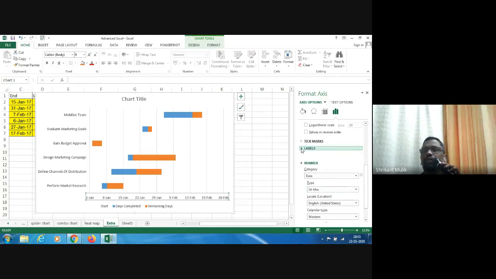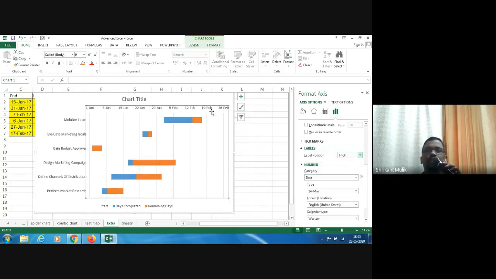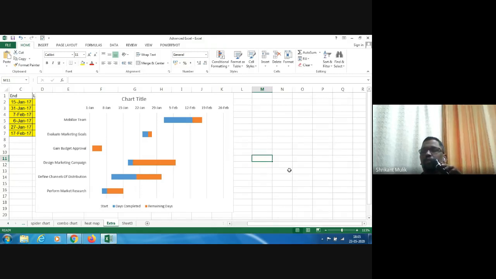Right? If you want, I can take it here because that is the general convention. You get it here or I can make it low. Either way it should work. But for the time being, let me do it here. Okay. So it's almost there. Two more things I will do before I close. I don't need to show you the chart because there's only days completed and remaining days, right?